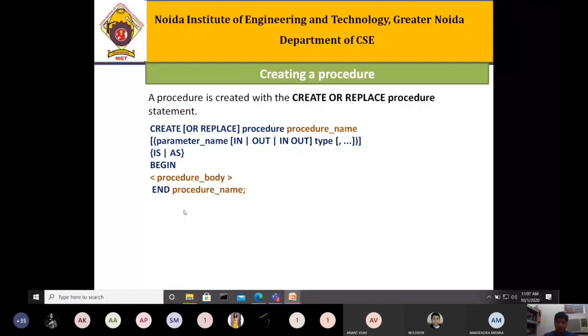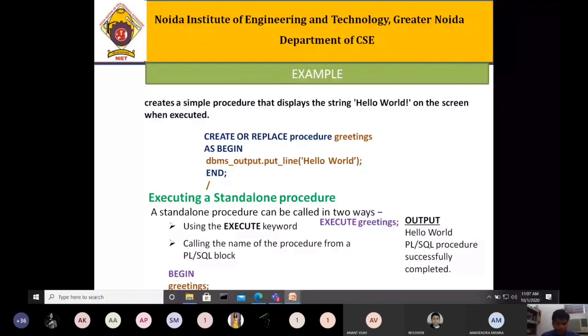Like hello world. Now we have seen another kind of procedure to find out the sum of two numbers. In the case of the sum of two numbers, you can create a procedure, declare it and produce it, right? तो ये हमने कल करा था, तो हम फिर से इसको करते हैं एक बार.